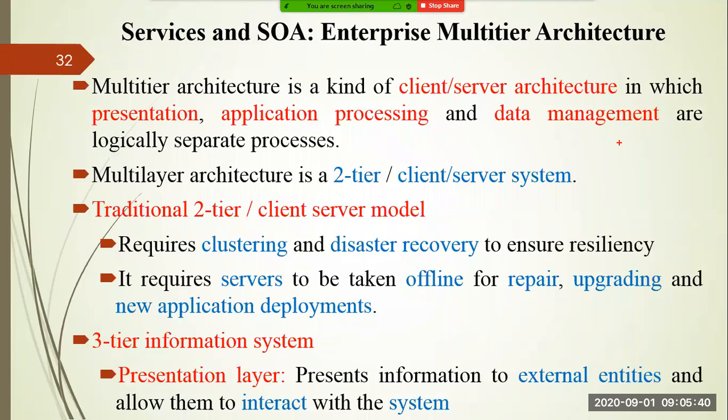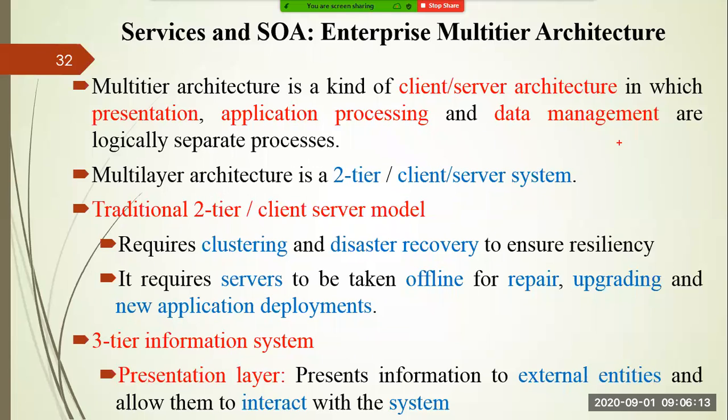One layer is dependent on another layer. Once one layer computes something, it has to give that to the next layer in order to proceed further. The same thing happens in this multi-tier architecture. In many cases we call it a multi-layer architecture because each one is treated as a layer. If you go for one tier, there is one layer. If it is a two-tier architecture, there are two layers, and it may be a client-server architecture as well.